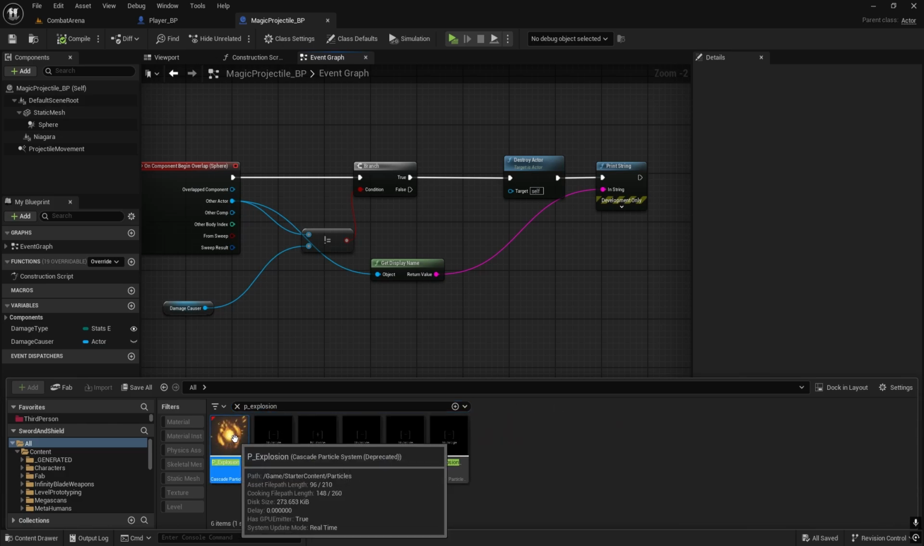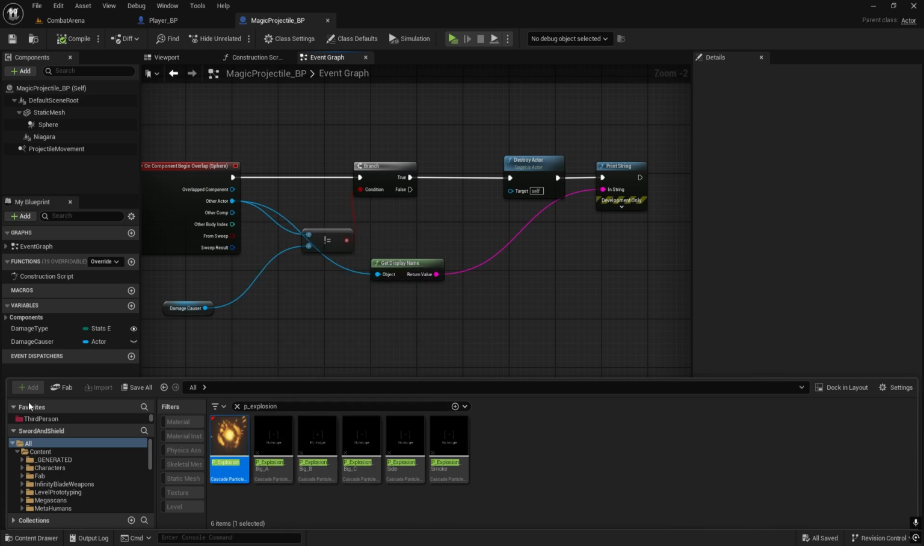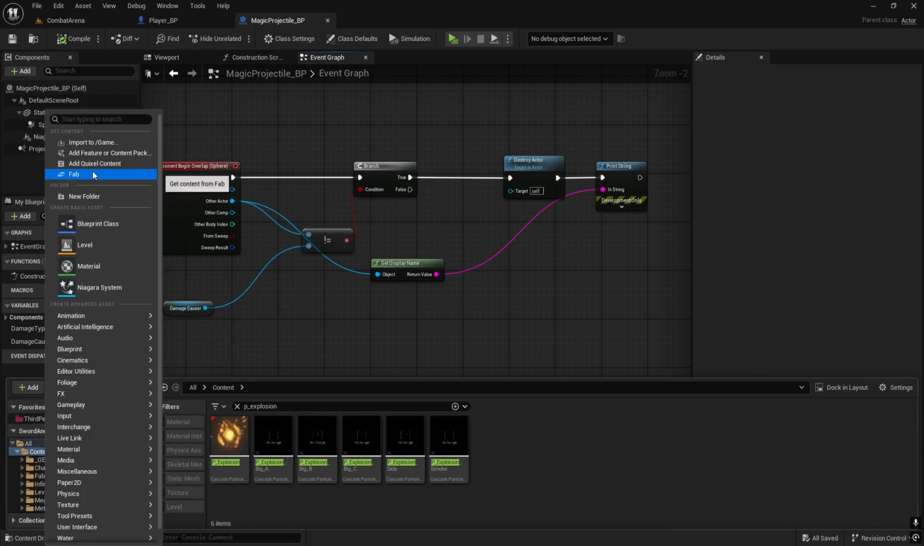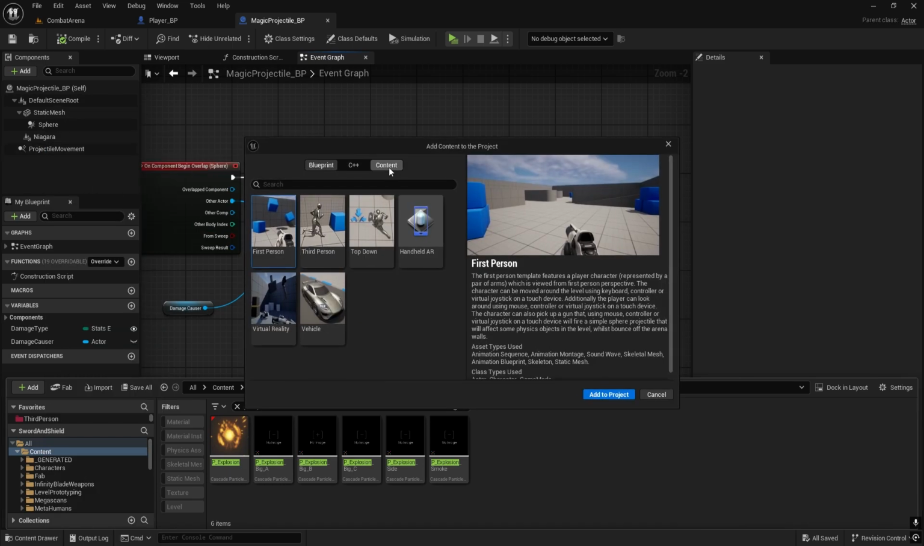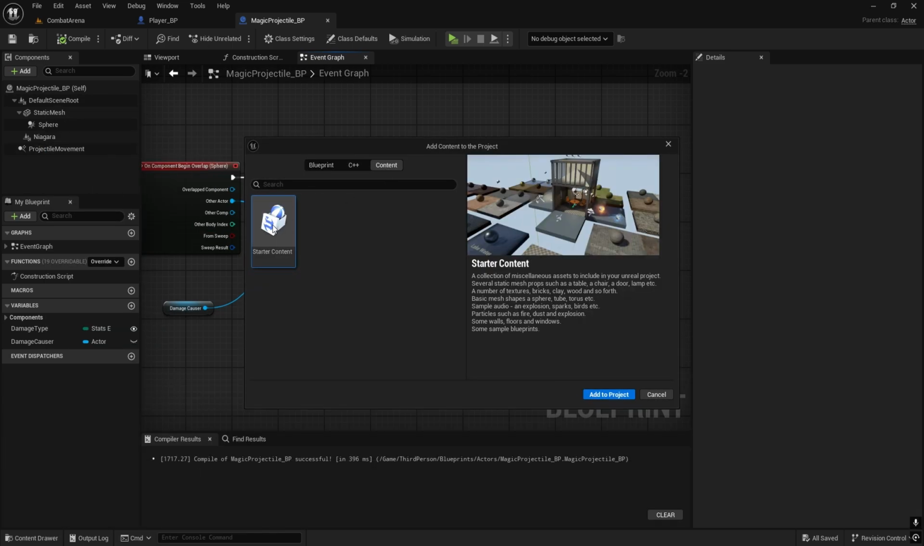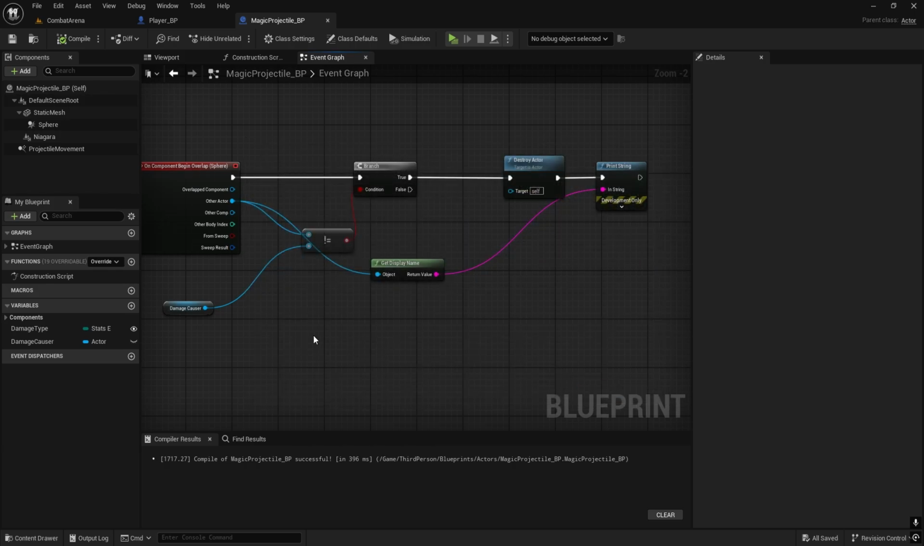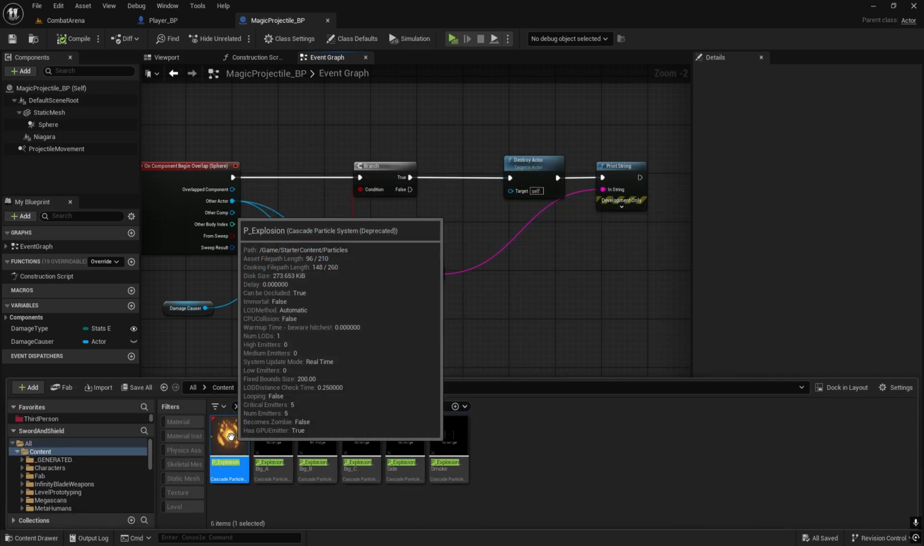If you don't have this one, this is part of the starter content. You can see the path is game/starter content/particles. So if you don't have it, you need to add the starter content. You go to content, add, and here you would add the feature or content pack, and in the content you would select starter content. It's free, obviously, for everyone, so you can just add it to the project. And here we got this p_explosion,